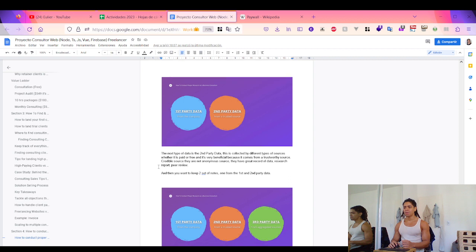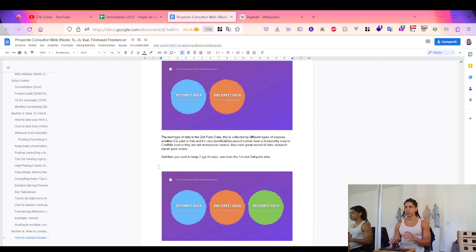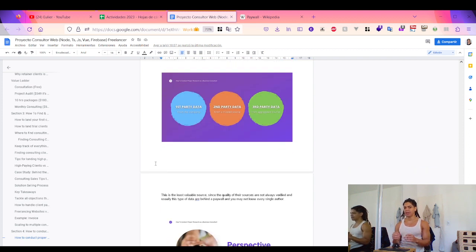Okay. So most of the time, whether the second party data or the third party data from these trusted sources or from aggregate sources, they usually are behind a paywall, right? Or you can access that for free.